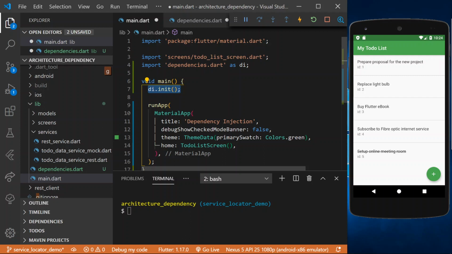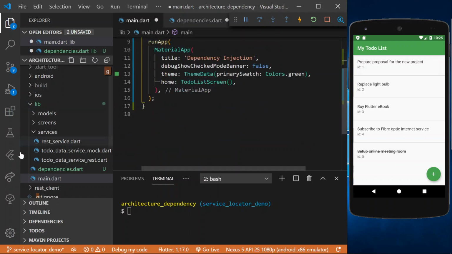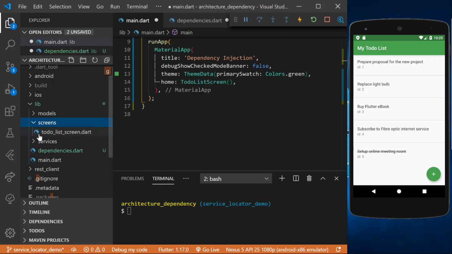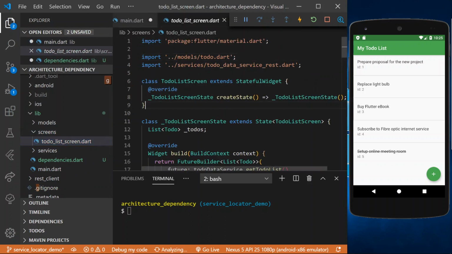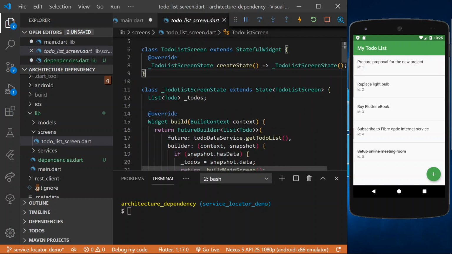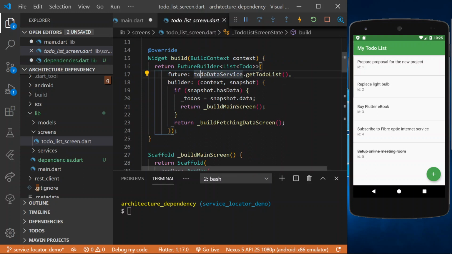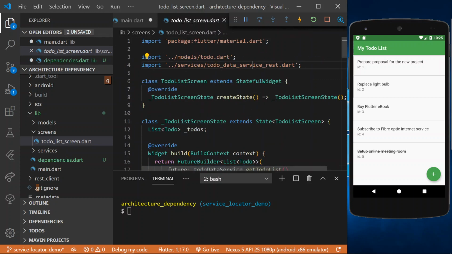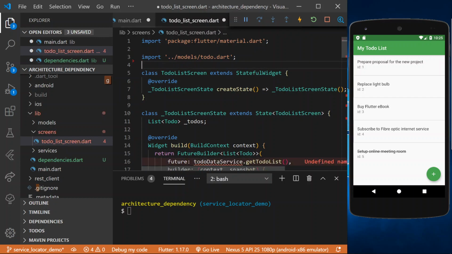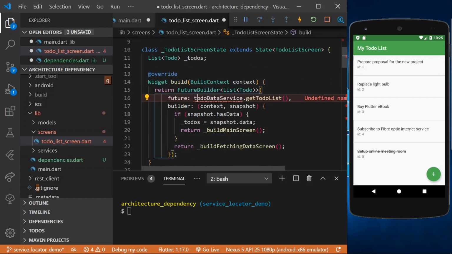Now let us go to the consumer code. The consumer code is inside the screen, the to-do list screen. What we are going to do here, this is the original code, which is using the global one. So let me delete this, because just now it is the global one. So now here